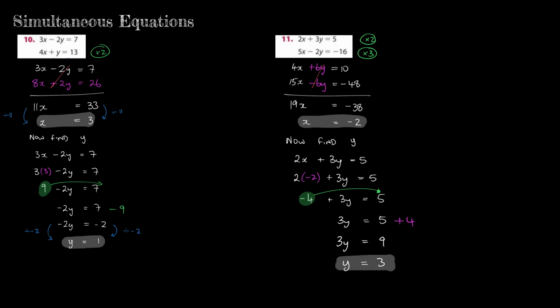Just be very, very careful there. When you bring the negative 4 across, it turns into a positive 4. Add them together and you'll get 9. 3y equals 9, so 1y is equal to, dividing both sides by 3, y is equal to 3. And for homework, we'll have